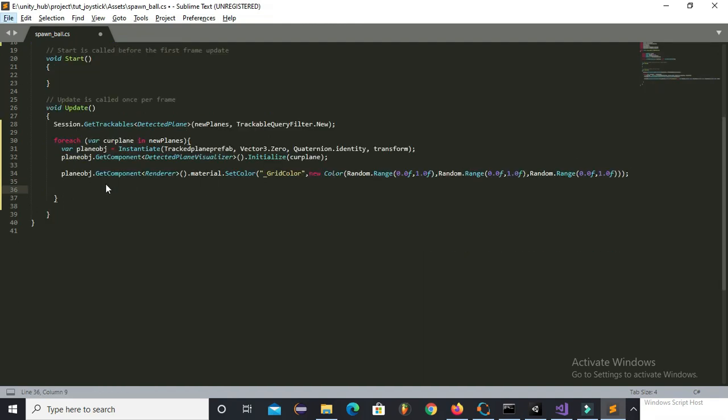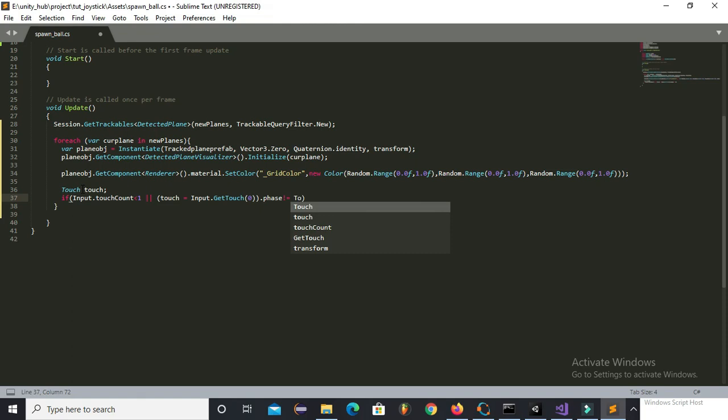Now we will write a code to spawn the ball. You can see when the screen is not touched, then the code will return from here.